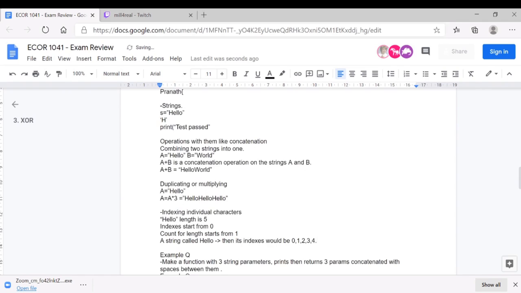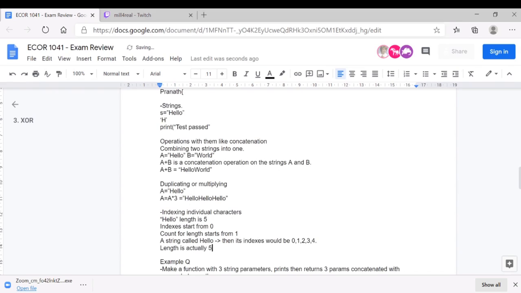H gets index 0, E gets 1, the two L's get 2 and 3, and the O gets 4. And if you use the length on it, len of str, you'll see it counts H as 1, 2, 3, 4, and 5. So the length is actually 5, which means the last index is always length minus 1.